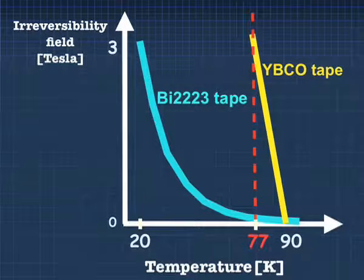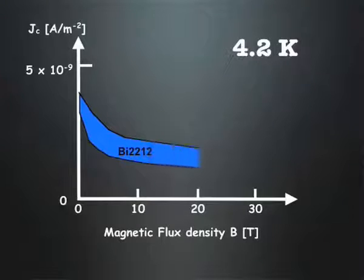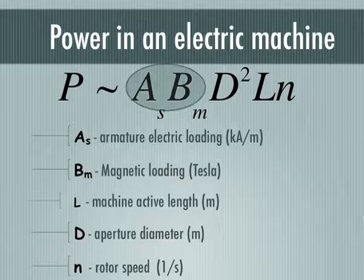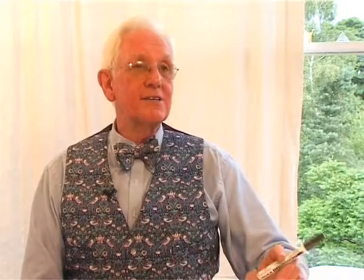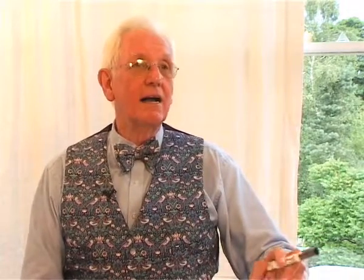The electric loading essentially is limited by the current density in the wires, and the magnetic loading is given by saturation flux density of magnetic components. In the case of high temperature superconductivity, there is a possibility of increasing at least one or possibly even both of them. Certainly the electric loading can be increased significantly because of the current densities which may be achieved in such superconductors. From the point of view of practical applications, this is the critical current density. One employs superconductors in devices and machines because of this possibility of current densities some 10 to 100 times higher than will be possible